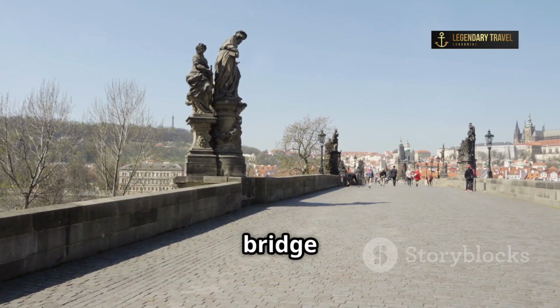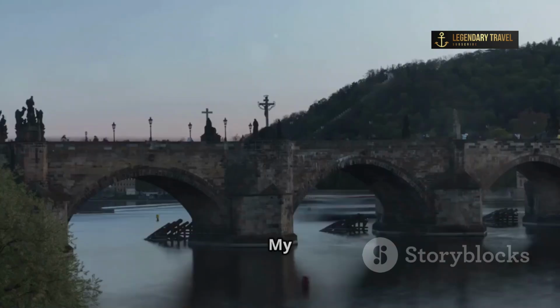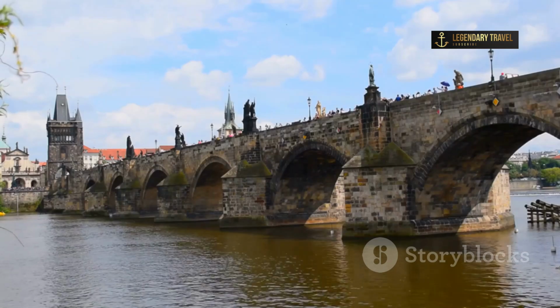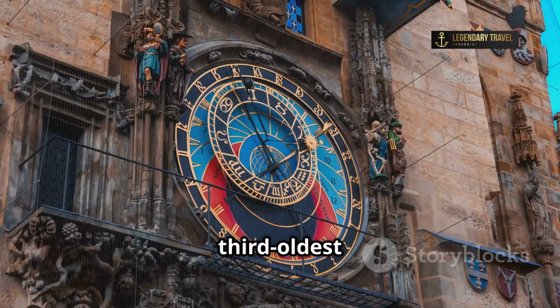At sunrise, the bridge is peaceful and magical. At sunset, it's alive with music and energy. My advice? See it both ways. Each visit is a unique experience. Charles Bridge is the soul of Prague. Don't miss it. Head to Old Town Square and watch the astronomical clock strike the hour, Europe's third oldest working